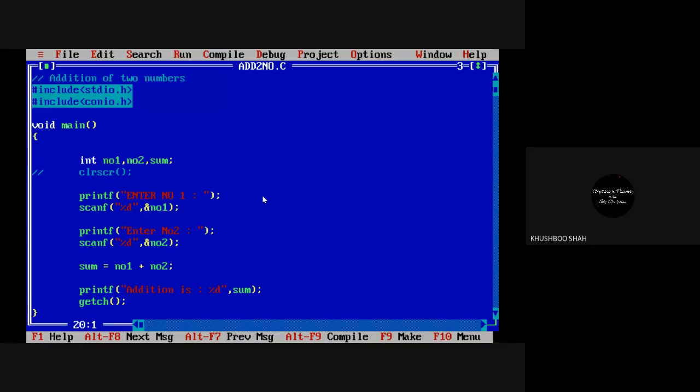I repeat, if I don't write the getch function, it will not hold the screen. In other words, getch is used to get the characters, or in other words, hold the screen. Easy?